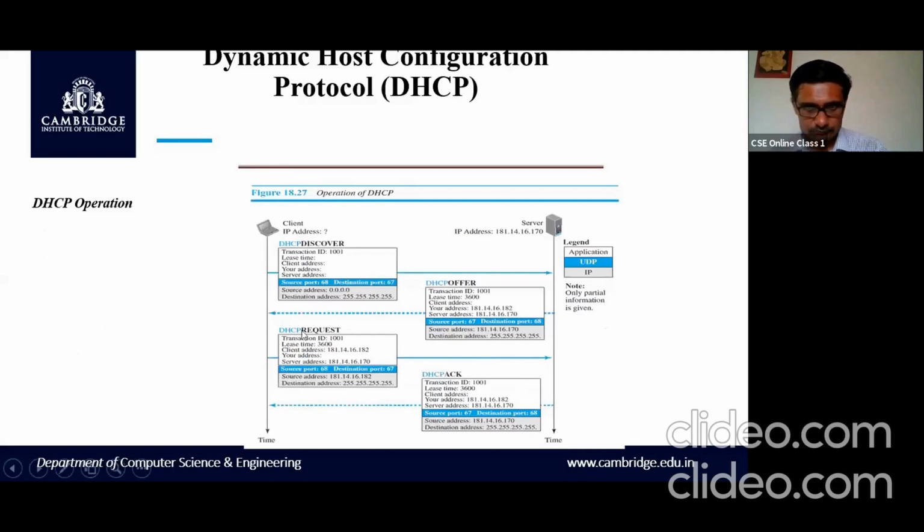So the host is sending a DHCP request message to this server. The same thing is there here. Client address, server address, everything is there as it is sent here. This is now the DHCP request message, sent from here to here.